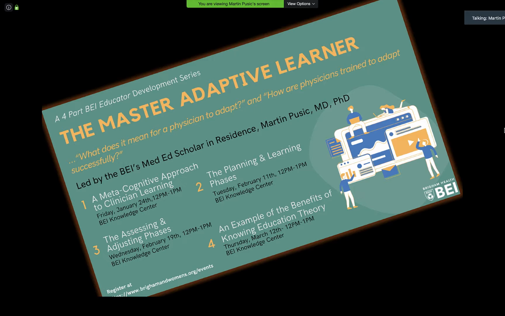We then, in the second session, talked about planning and learning phases and the way you set up learning, and emphasized surprising principles behind the best learning, so that it can be difficult and should be difficult,